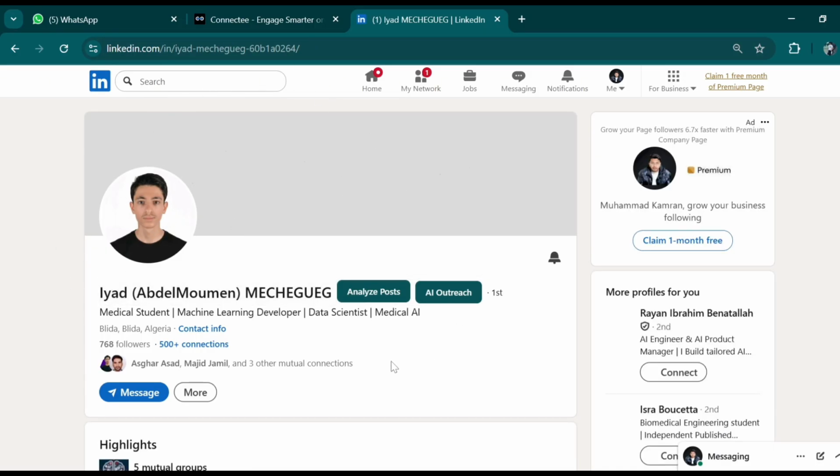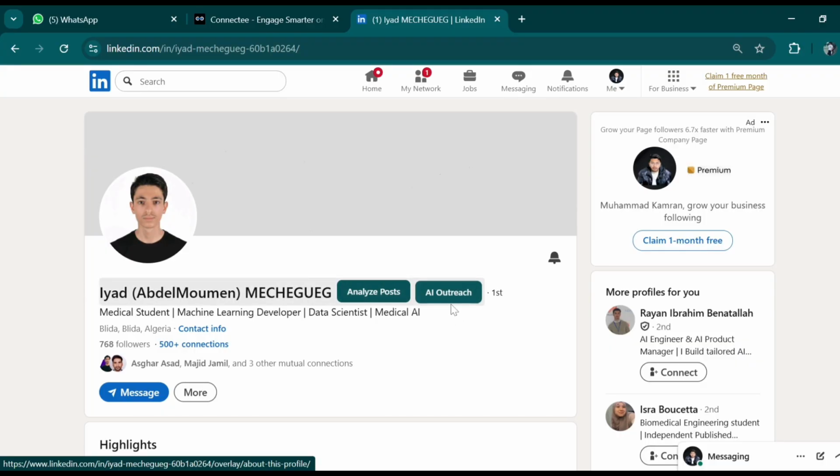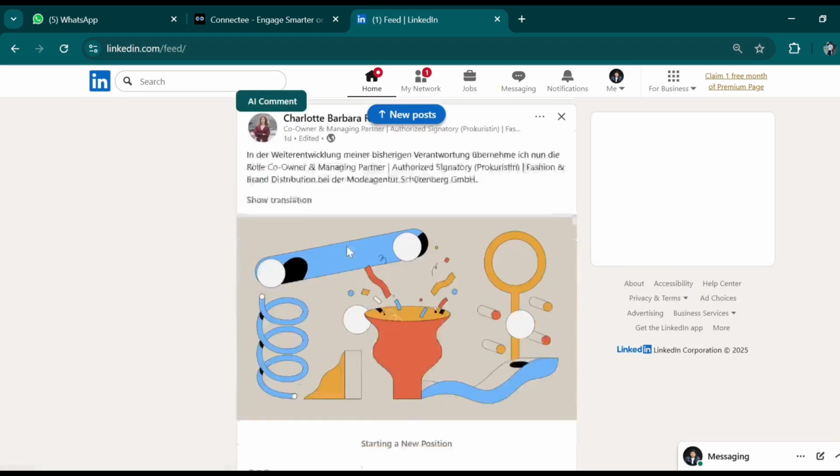By clicking on that profile, you will see two buttons. First, we see the analyze post button, and I'll come to that feature later. This button doesn't show up on a single profile only, it will show on every profile.